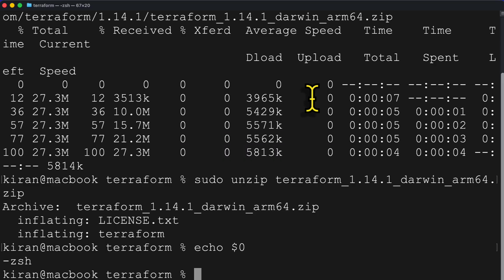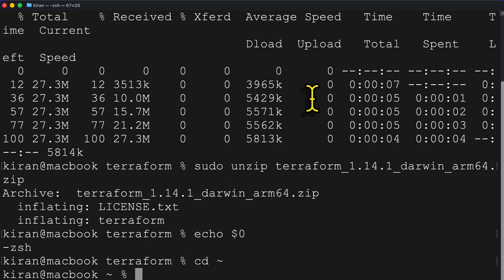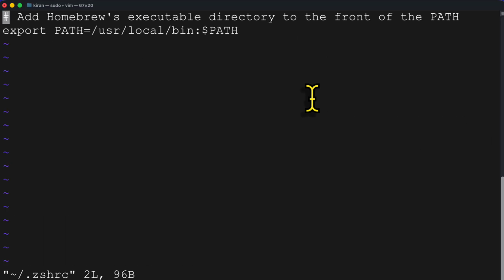Now let's update our shell configuration file so macOS knows where Terraform is located. First, I will go into my home directory by typing cd ~, press enter. Since I'm using zsh, I will open up the zshrc file using the vim editor, run sudo vim .zshrc, press enter. Now I'm going to edit this file and scroll to the bottom and add this line,